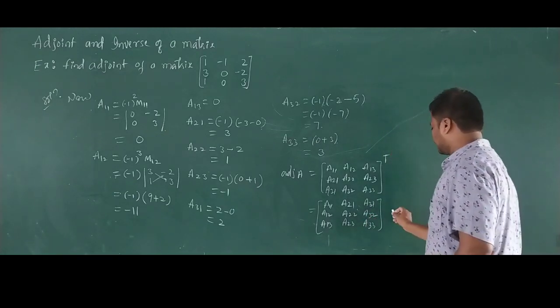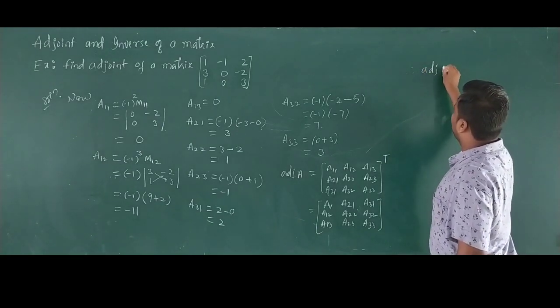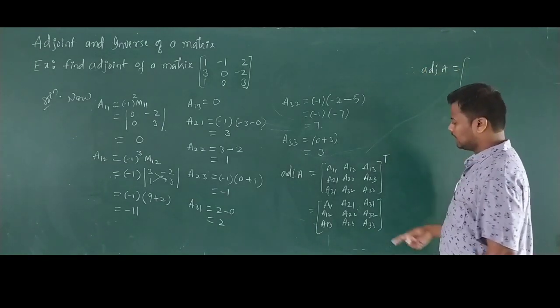Therefore, adjoint of A equals A11 value is